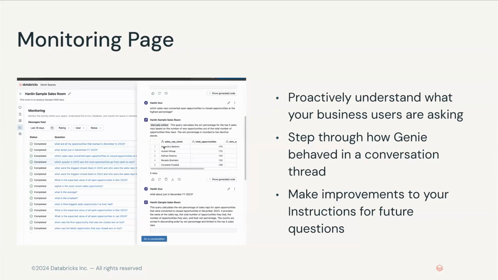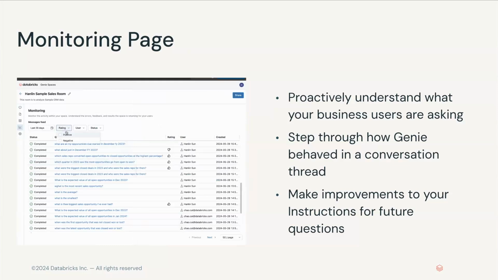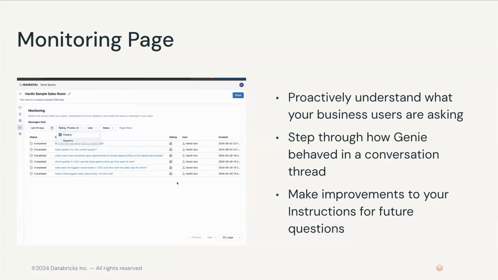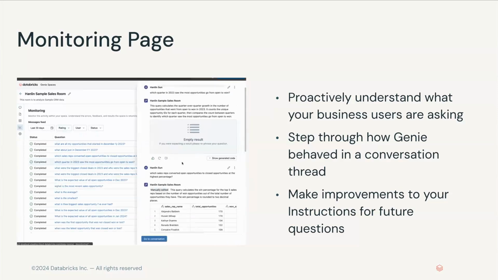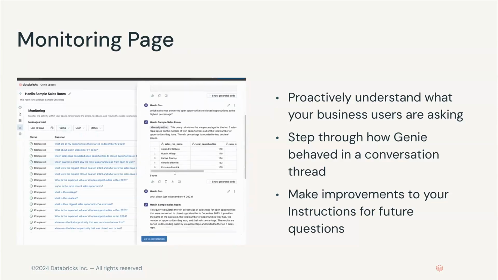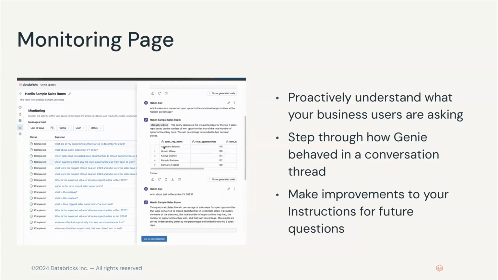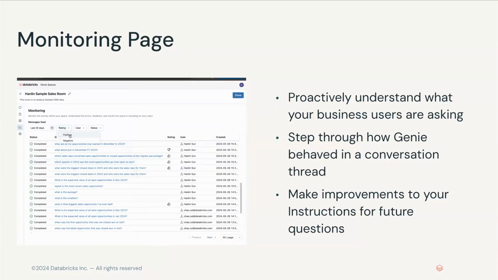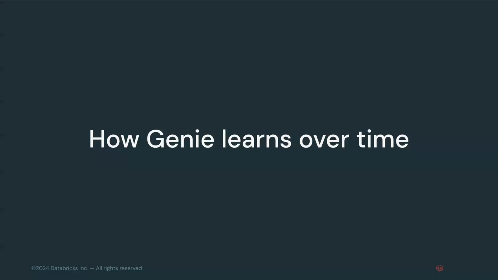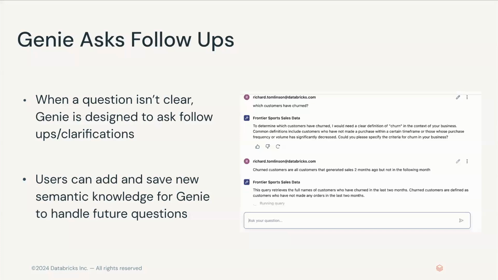And again, this is foundational to using this in an API capacity. If you don't know why your Genie system isn't working well in the API, it's important that you understand it's probably because of a setting or configuration in the Genie room, or elsewhere, maybe you need a few different Genie rooms. That ends up being very important. So, how it learns over time, it asks follow-ups, and people add their semantic knowledge and their statements to the system such that it can continue to